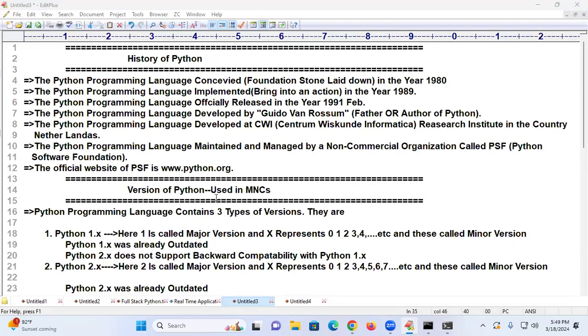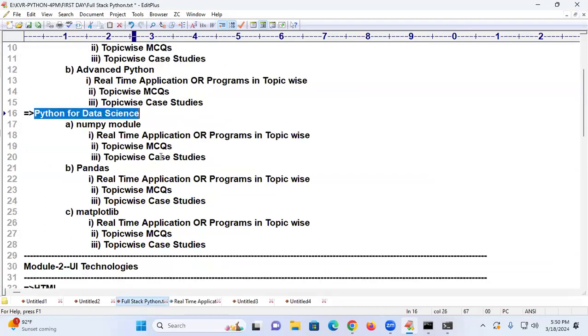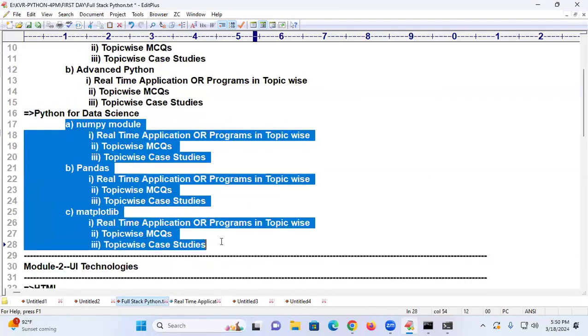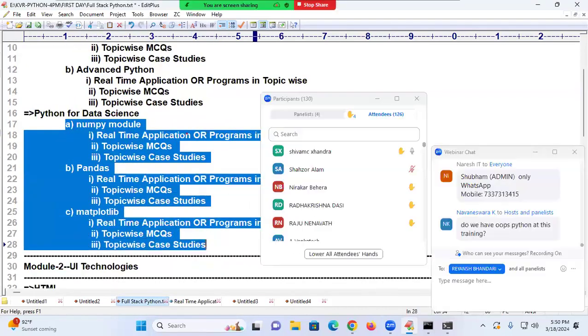Shivam. Hello, tell me. Sir, is this course sufficient for getting a job in the market as a data analyst or data scientist? 100%. Here we are preparing Python for data science.